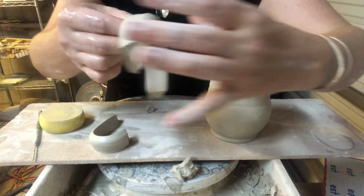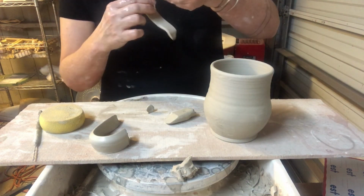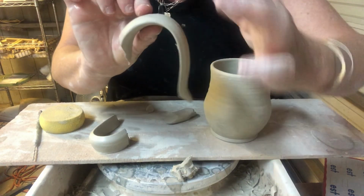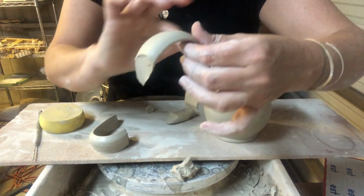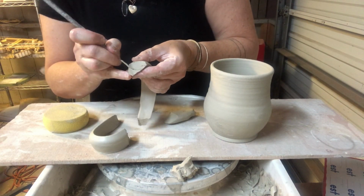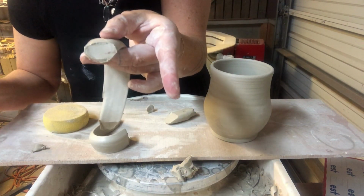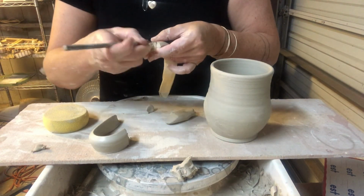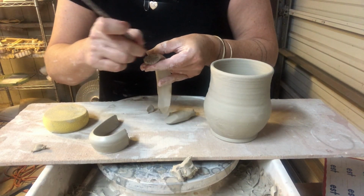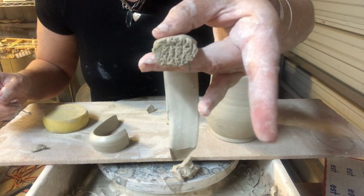I have one here that I made earlier for you to see. And this is a beautiful pulled handle the same way. It's ribbon-like, flat, and very fluid looking. So to attach this to my cup, I'm just gonna cut away that little bit of extra clay there. I'm gonna score really deeply. And you know all this, we've talked about this a lot. So you want to have dark black shadows